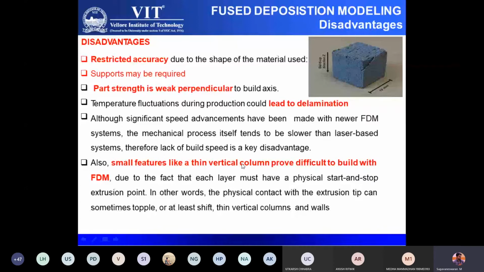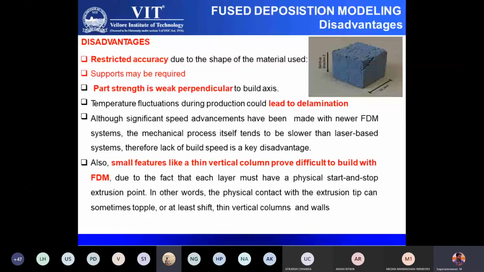Thin features or highly precise features are very difficult to make in the FDM process. The FDM process prints a component based upon the filament diameter. If I go for a very thin filament, I could achieve fine resolution because the filaments are deposited. But in plastics, we have a restriction to make a very thin filament. You cannot process such thin filament. So there is a limitation in terms of the diameter of filament available, and that limitation will have an impact on the resolution of a part which you print in the FDM process.